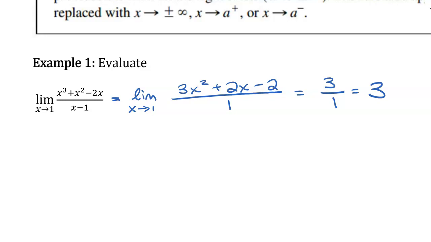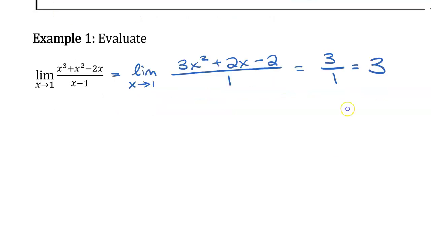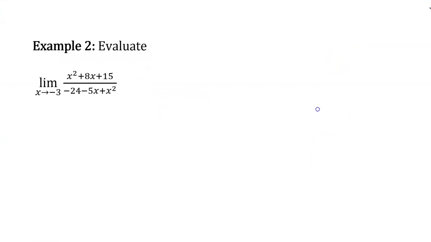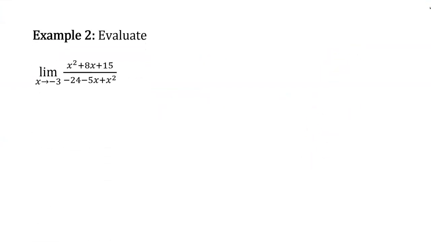All right, so let's do it again. So we want to find the limit as x approaches -3 of these two functions. Now if we put in -3 for our x and evaluate it, we would get 0 over 0, which doesn't work. So what we're going to do is we will find the limit